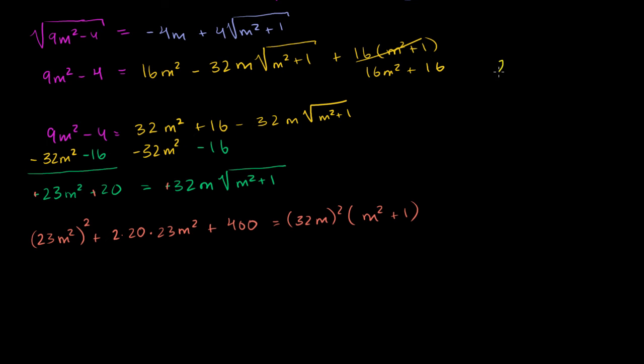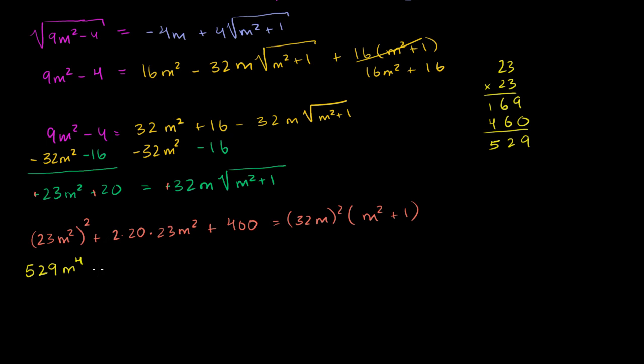So 23 times 23, 23 squared. 3 times 3 is 9. 3 times 2 is 6. Put a 0 here. 2 times 3 is 6. 2 times 2 is 4. So you get a 9. 6 plus 6 is 12. 1 plus 4 is 5. So you have 529